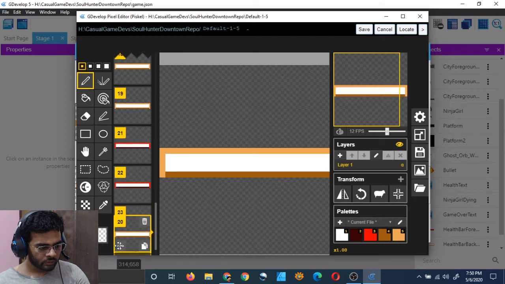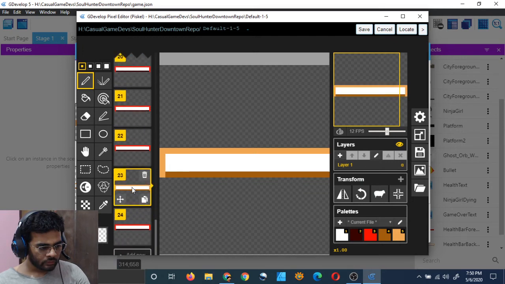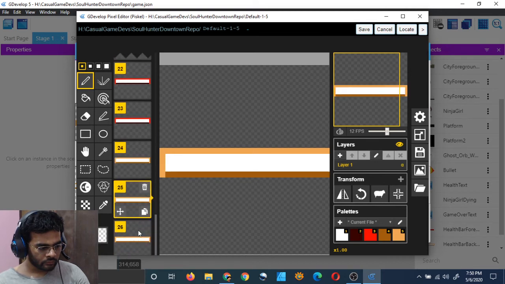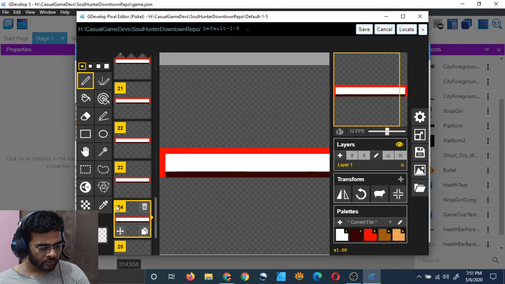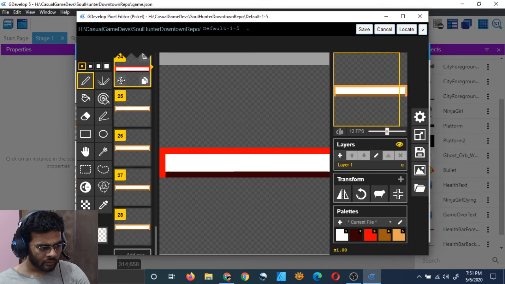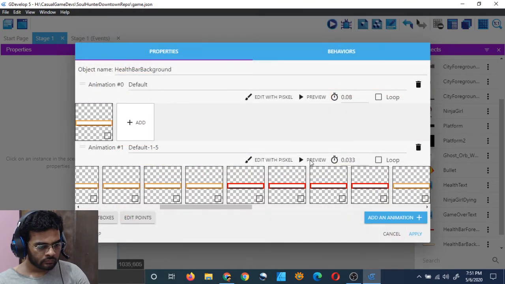Move it down the ladder. Again 1, 2, 3. I have 1, 2, 3, one more, 4. Oops, 5. I got 5 of them. Delete one. 1, 2, 3, 4. Okay. And then once again, take this and just pull it down. There it is. 1, 2, 3. Now save it. And now preview.